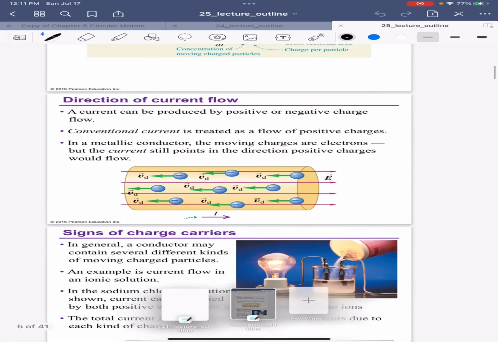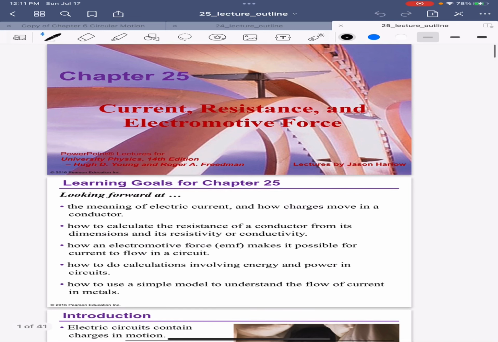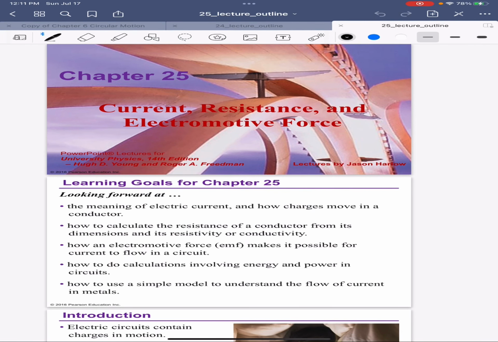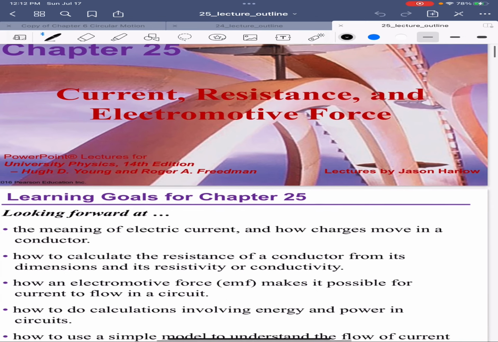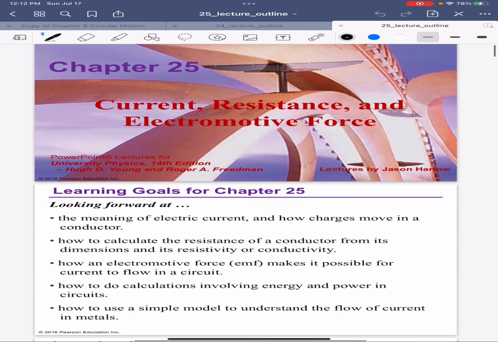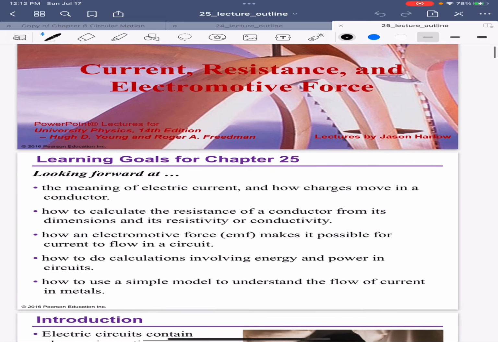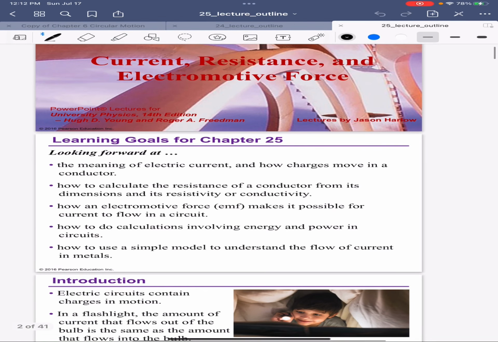Electric currents and related topics. In chapter 25, we have the topics and the quantities that we are going to discuss: current, resistance, and electromotive force. All these three, we are going to study the meaning of each, how to calculate, and how they are really related. Now, of course, the learning goals for this chapter: what does it mean, electric current, and how charges